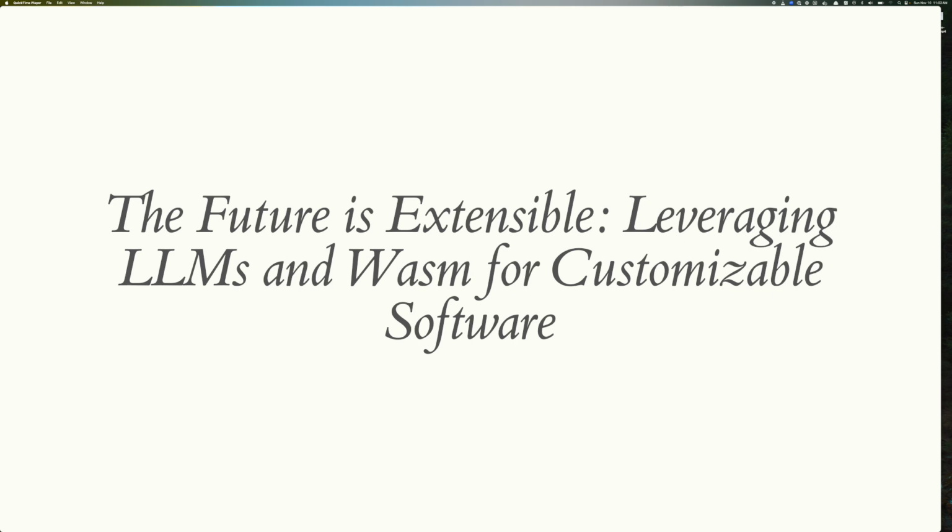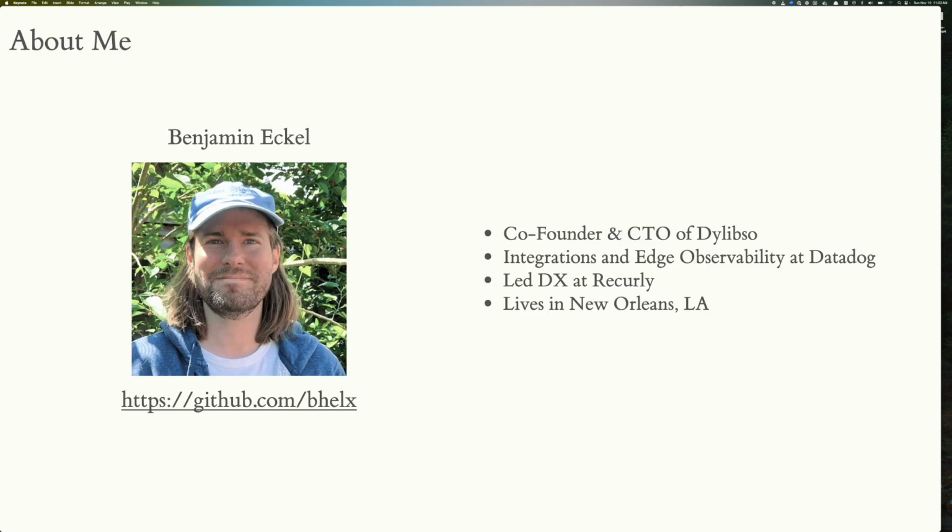So this talk is The Future is Extensible: Leveraging LLMs and WASM for Customizable Software. So I used LLMs for this title, obviously. And you can tell a lot of other people did too, because I think the next talk also uses "leveraging". And then I saw some in there that were like "delving into" stuff. It's like, I used it for mine. Yeah, which maybe that's just what we do now. This is what happens when AI writes your titles. Exactly. It's just going to write talk titles from now on.